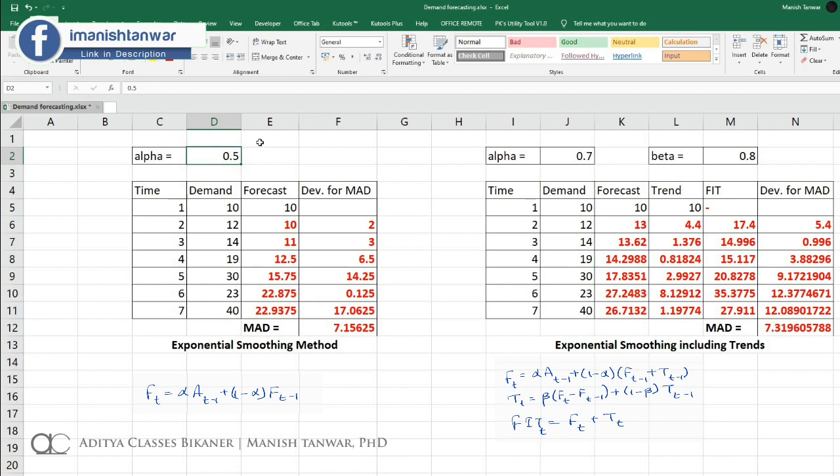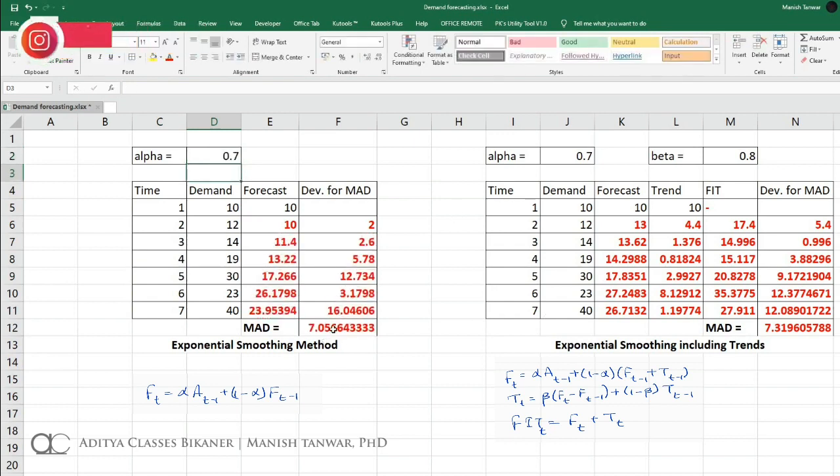So this is how, being a production manager, you can tell me what alpha suits me. I come to you with my data for 7 periods and ask you to suggest what alpha I should use, and you tell me that an alpha of 0.7 or 0.8 is very good for me because this is giving me the least absolute deviation.